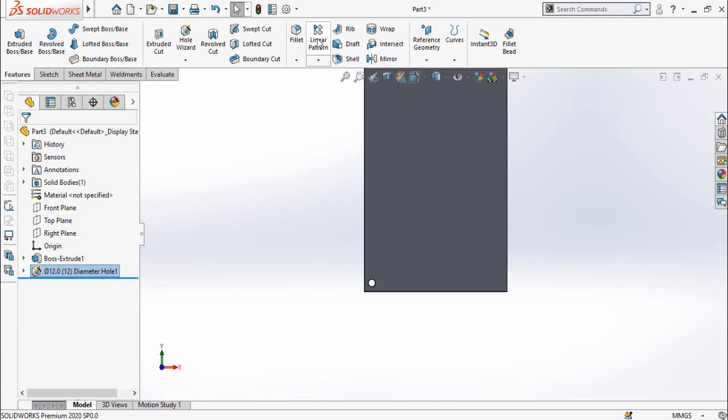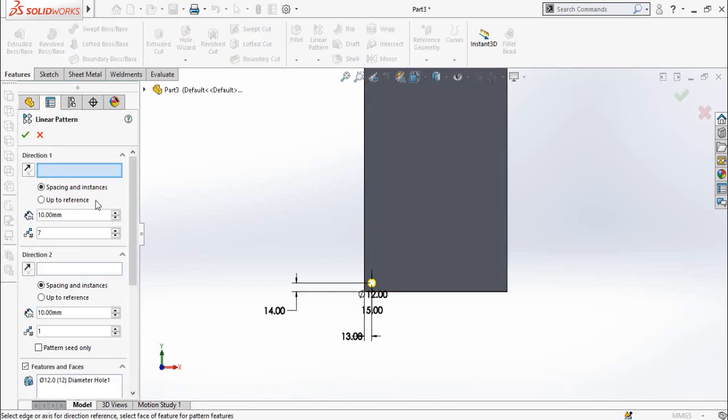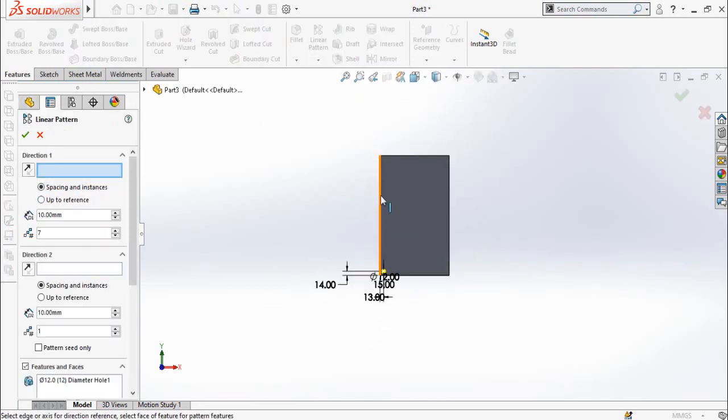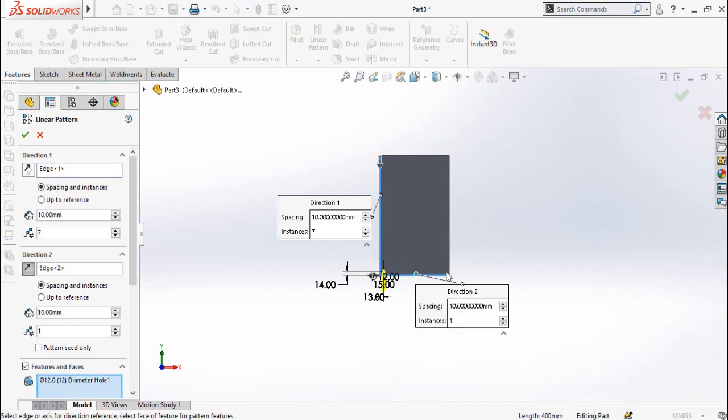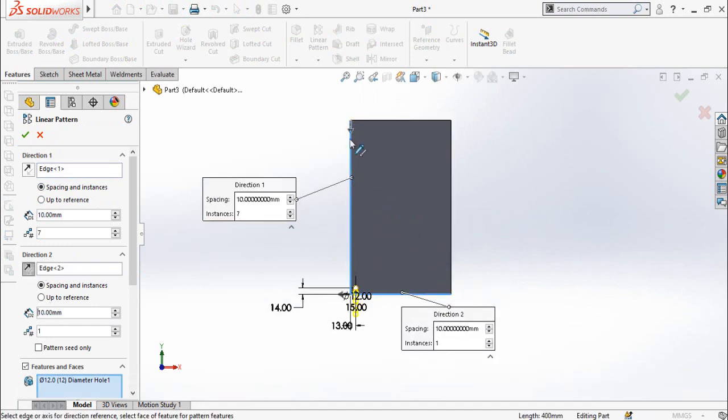Then we have to make a linear pattern. So click on linear pattern, and for direction 1 select this line, for direction 2 select this line. You can see the arrow is in this direction and here the arrow is in this direction. For both we have to reverse the direction, so for direction 1 click on this button to reverse the direction. Similarly, click on this button to reverse the direction. Then